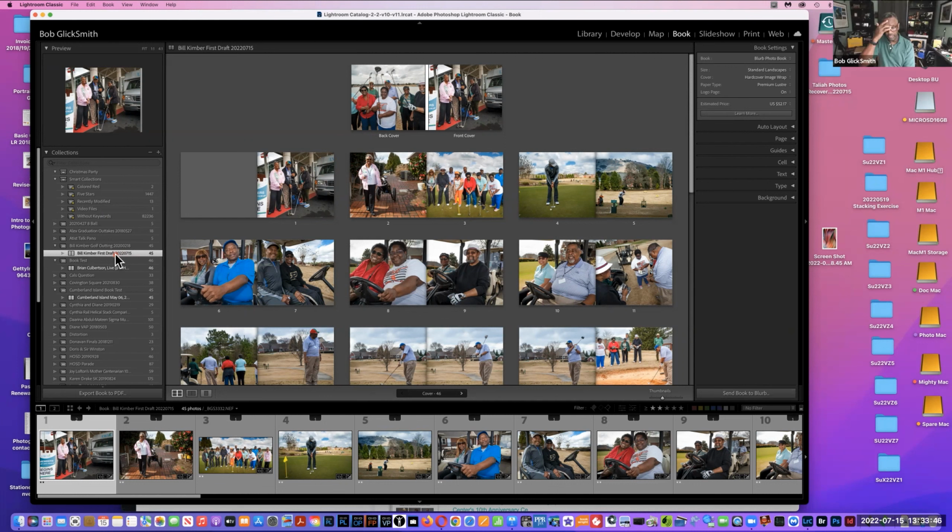Yeah. It's a good idea just to put them all in one collection. So I would go back to my library module. Now I have not explored moving them around from collection to collection. I've not explored that at all. It sounds like you got a bunch of books over there and you want to combine them into one book. And if that's the case, what I would suggest is going back to library module and creating one big collection. Or if you got additional collections that are going to be part of this one collection, go back to the library module and move from there into this particular one. And I'll show you how to do that